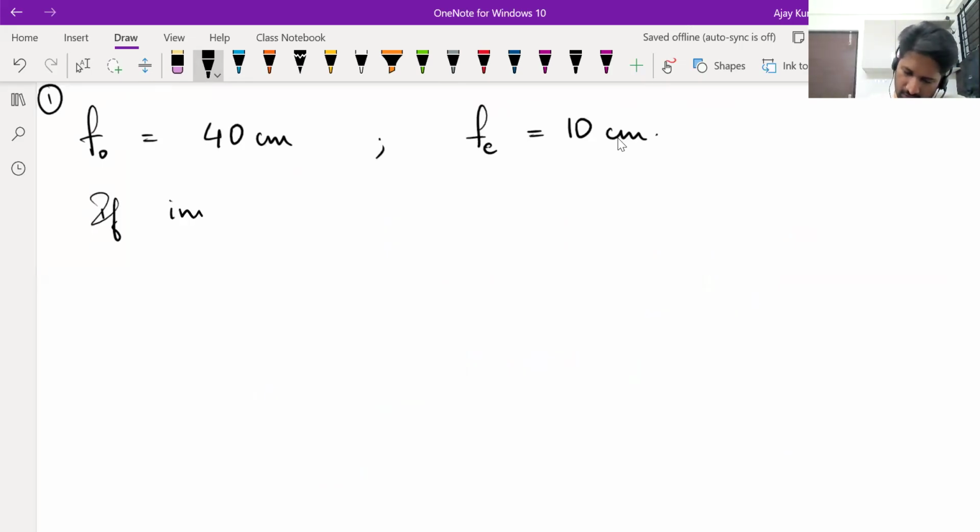If image forms at near point distance is 25 centimeters, so image should form beyond that only. So if image forms at 50 centimeters from the eyepiece,